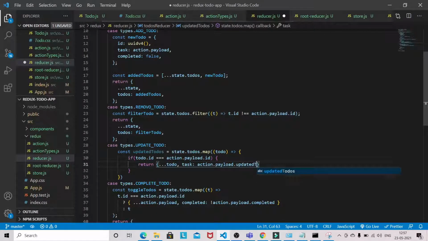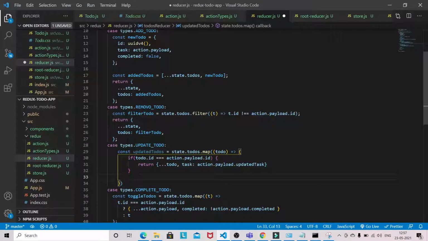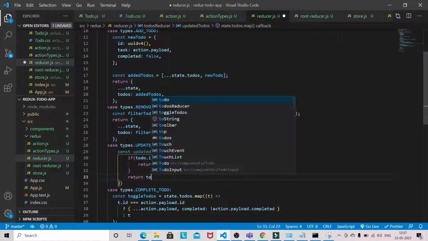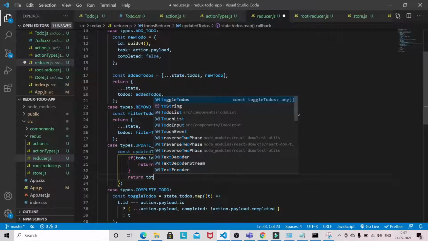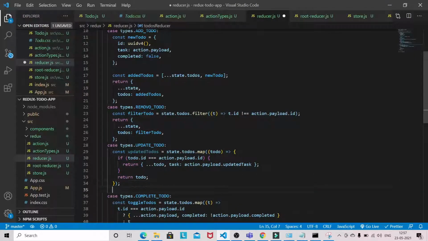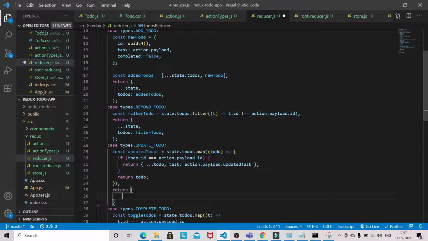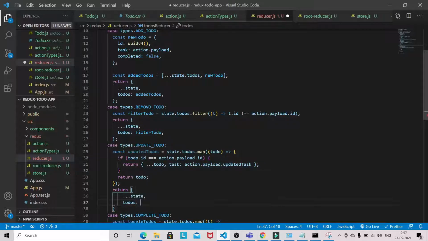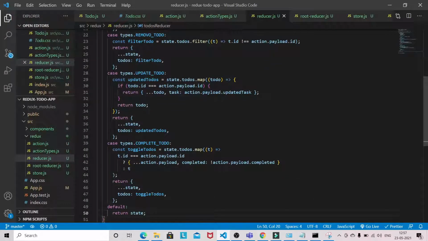So updated task, return to-do. Return. Okay, so this is the logic for updating the to-dos, but we have to do a lot more in our component to implement the update functionality.